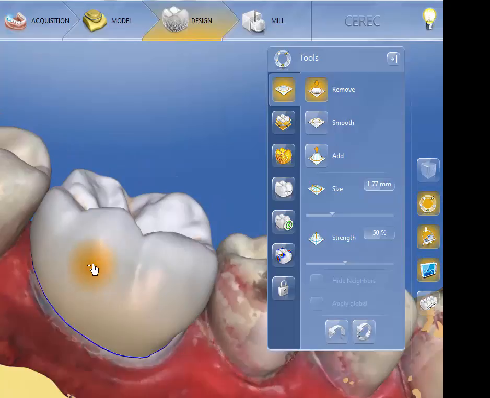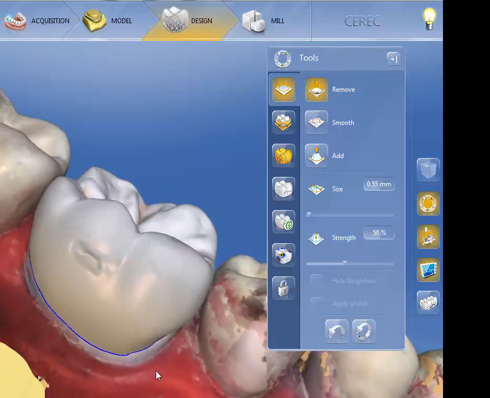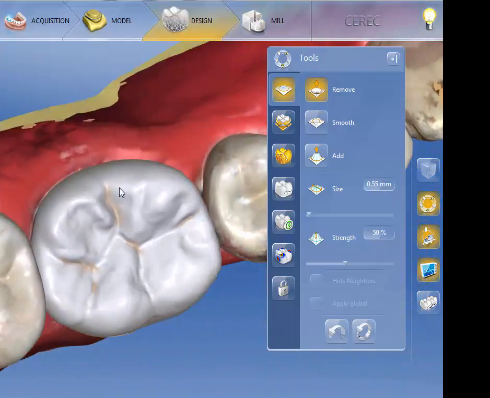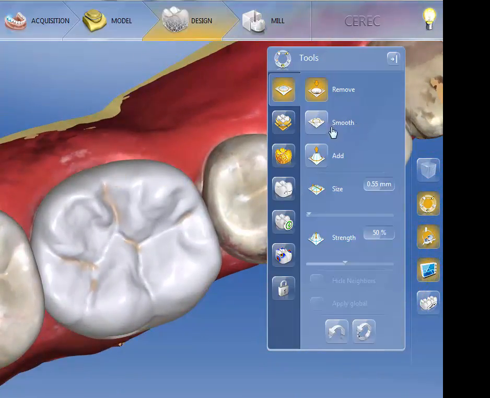If you make it very small, you can see how I can cut grooves into this. You can actually cut as deep as you want, and eventually I'd end up onto the actual preparation of the tooth. The smooth tool